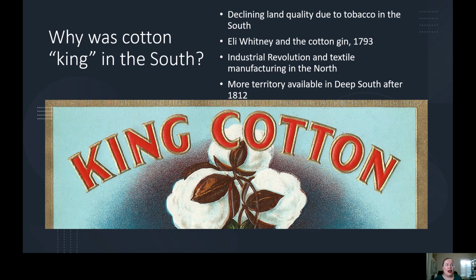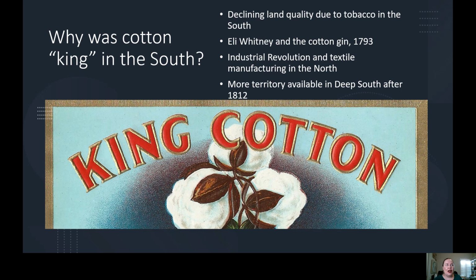The cotton gin basically mechanized the production of cotton after it was picked by laborers or slaves, mostly slaves in the South, and then made it so that the processing of cotton, getting the seeds out, getting the cotton ready to be shipped, increasingly after 1793 to textile factories located in the North, this made it a lot easier to process cotton. So that stopgap in cotton production of getting cotton from the field to the factory starts to get a lot easier and a lot faster.